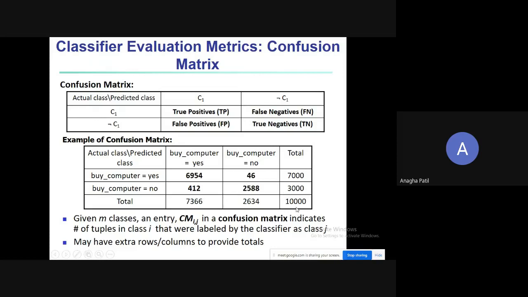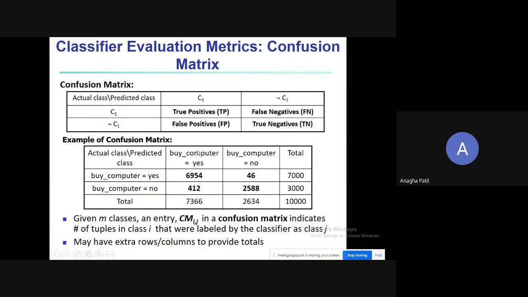There are 10,000 records in total, of which 7,000 are positive and 3,000 are negative. Of these, 7366 samples are classified as buys computer yes, and 2634 are classified as buys computer no.